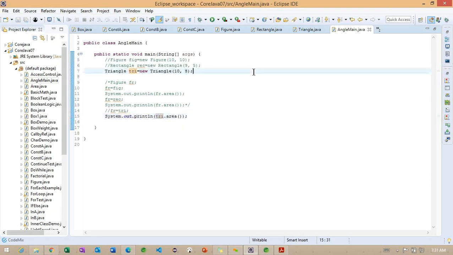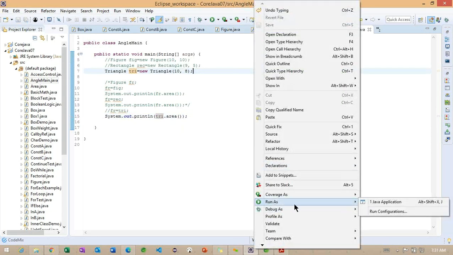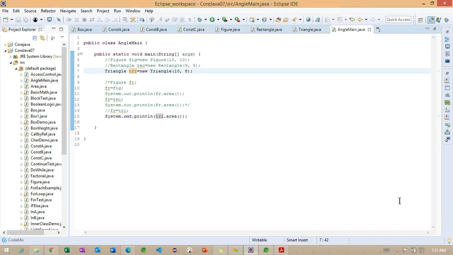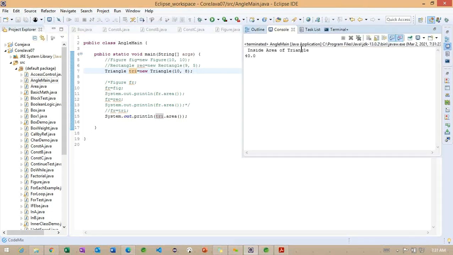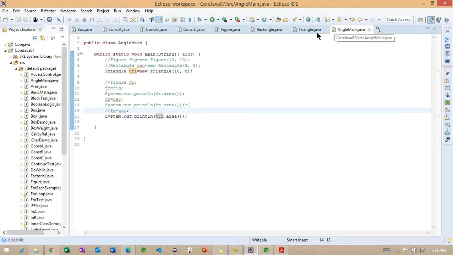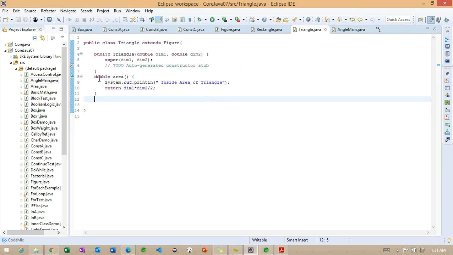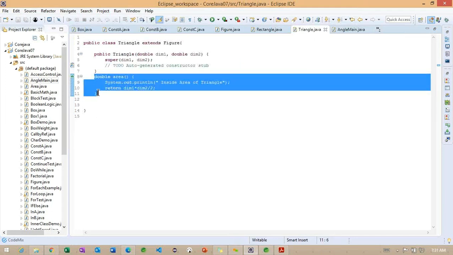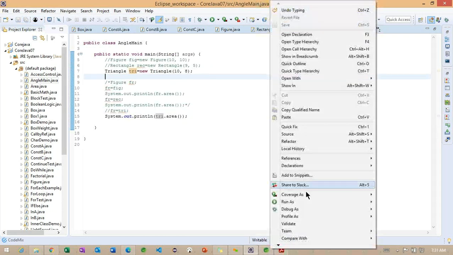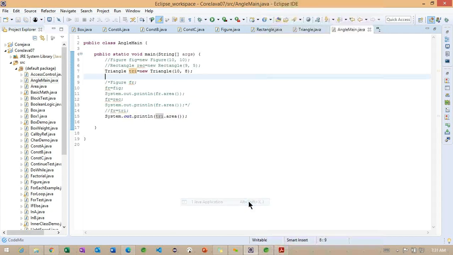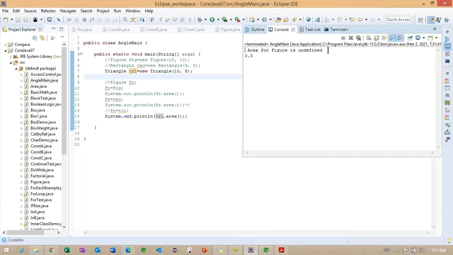So directly if I'm going to call inside the triangle, and if I'm not defining this method inside the triangle, where will it go? If I'm not defining this particular method, we'll see how exactly these methods are called. You can observe whether the superclass method is executing or not.